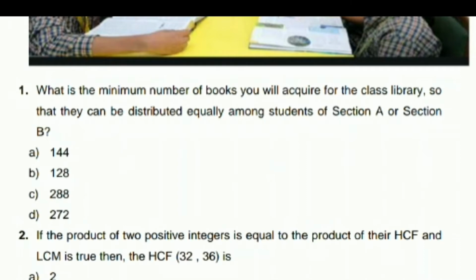Now, it is surely a question either of LCM or of HCF. Now, how will you find out whether you have to find LCM or you have to find HCF? Now, don't stick to this word minimum. This minimum word can at times be misleading. Minimum does not mean that it will always be LCM only. So try to find out like this. Now it is telling that books have to be distributed equally among students. Means you need to find out one student will get how many books.